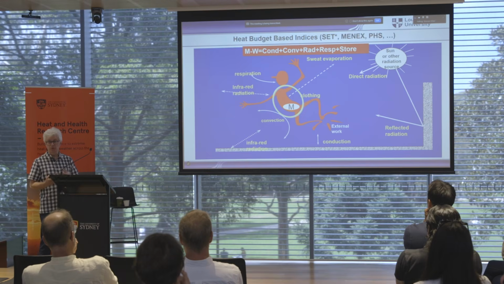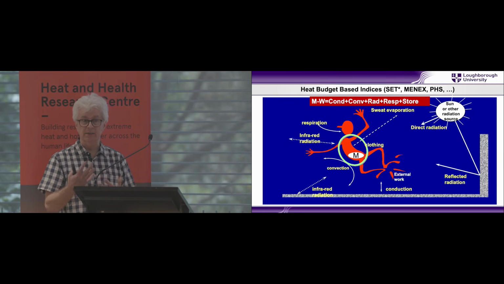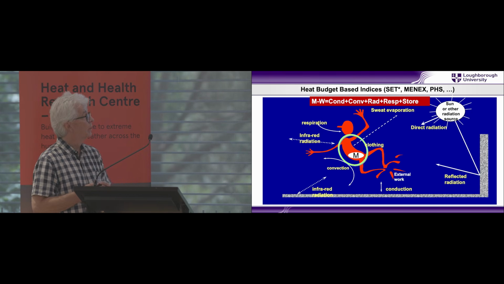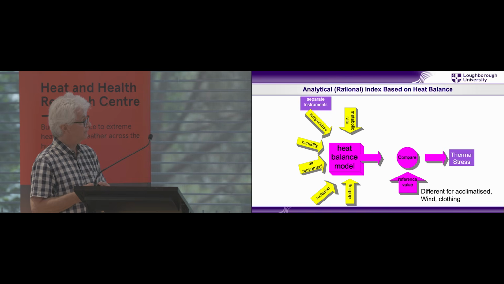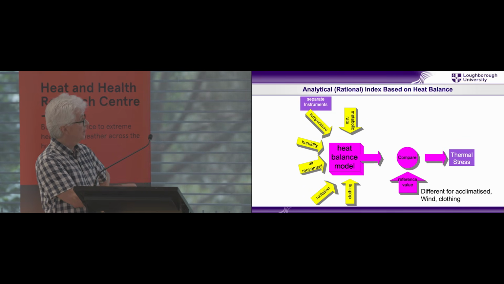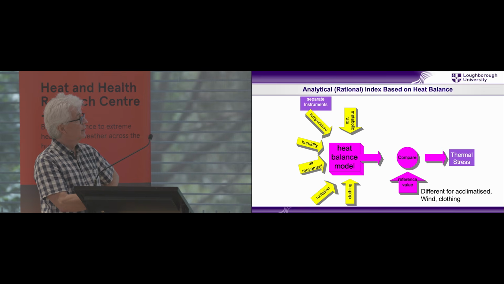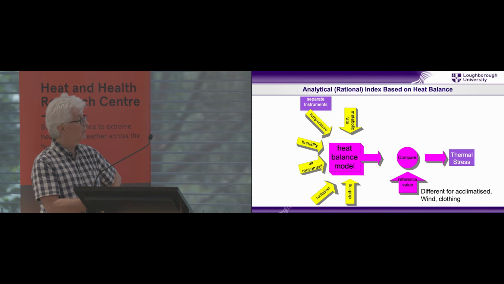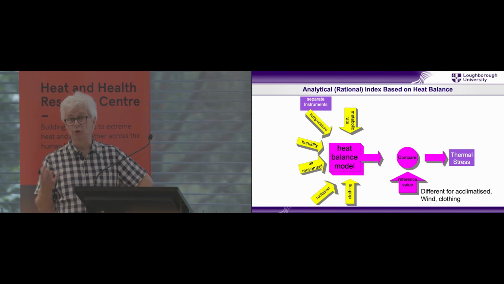If you're going to do an experiment, by first putting things into the heat balance and making estimates of the heat exchanges, often you find that you might have to choose different conditions if you want to show the effect you're looking for. So, a similar approach: we've got the heat balance model. We measure individually all these different factors: metabolic rate, temperature, humidity, air movement, radiation, and clothing. You push them into the heat balance and get an outcome, which might be a cooling or a heating rate. You check it against a reference value, which could be different for acclimatized people. This is actually for the WBGT; that's different for wind, but definitely different for different clothing. And it tells you what the expected thermal stress is.